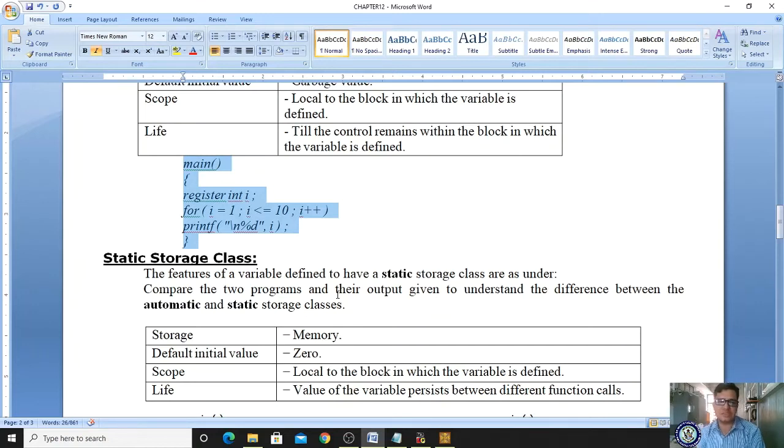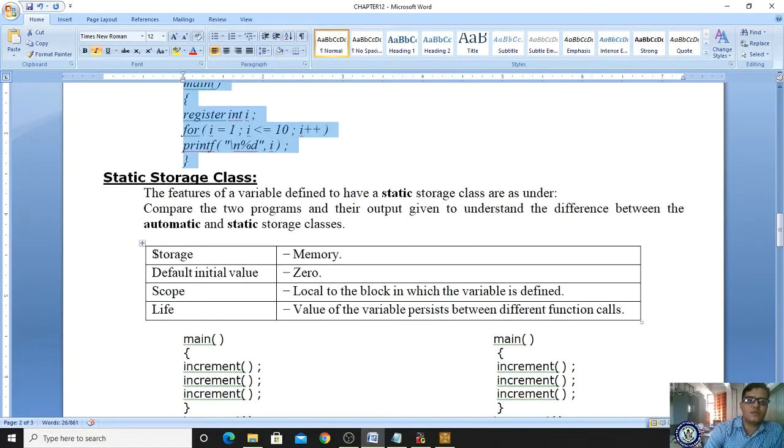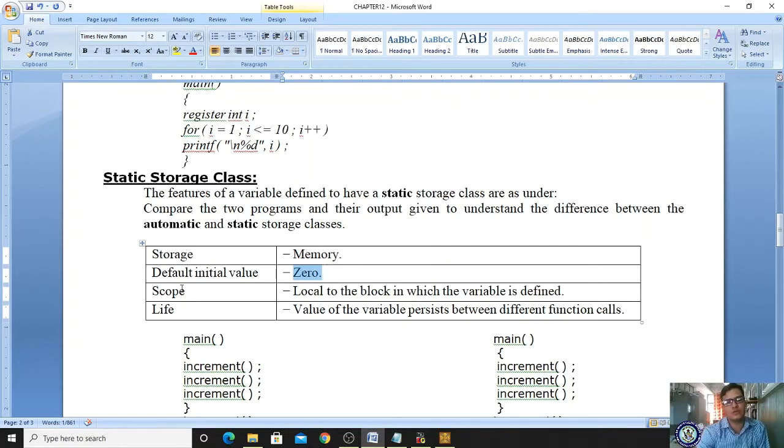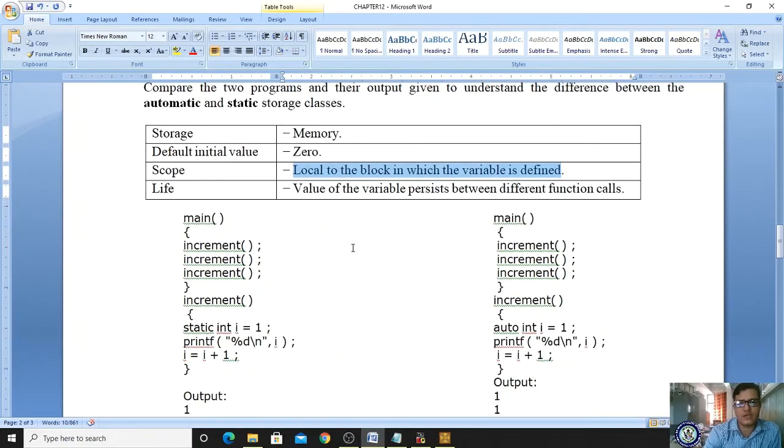If you take static variables, storage is memory and its default initial value is 0. Please observe here, default initial value is 0 and its scope is local to the block in which the variable is defined.